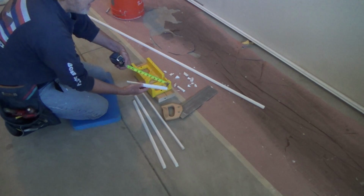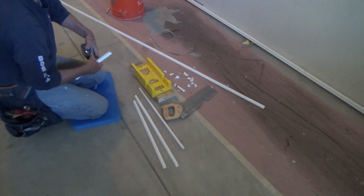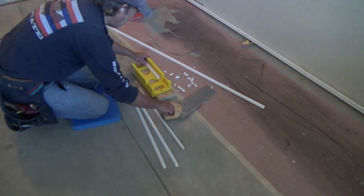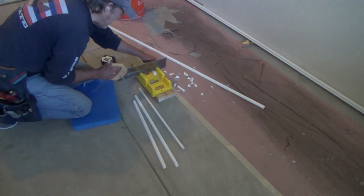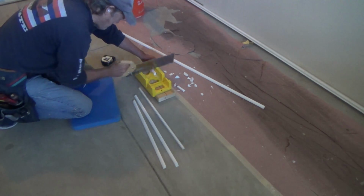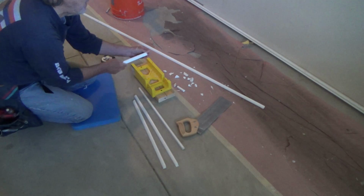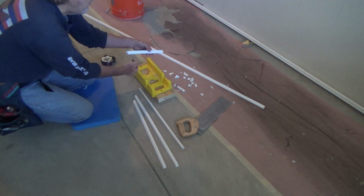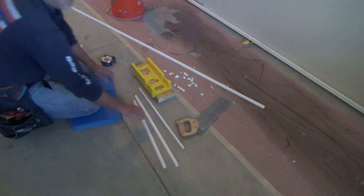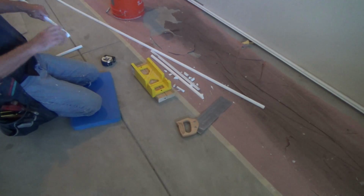Here's the 8 inch, but it's got to start with the square end, and so I'm going to use this, and this is going to be for my 8 inch piece. That's going to go right up next to the carpet, and I've got to shim it back in there, and then I'm going to mark it after I get it up there. See? Okay, and I need one that's a little over 6 inches,